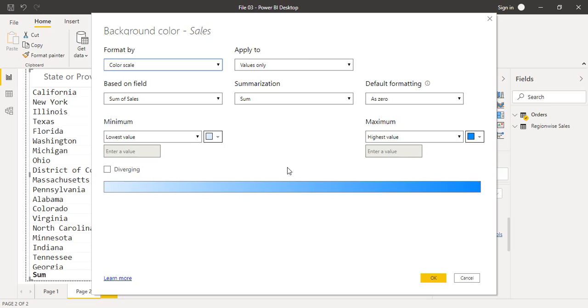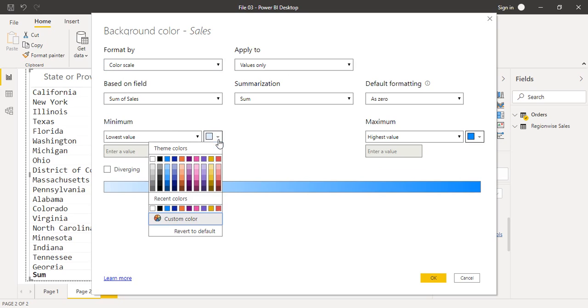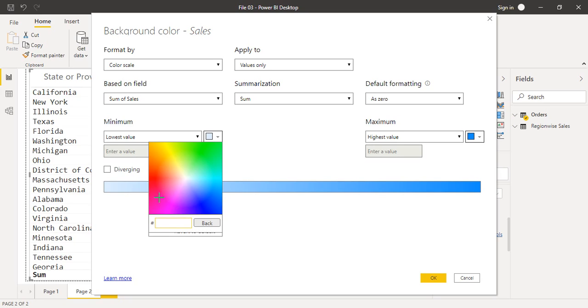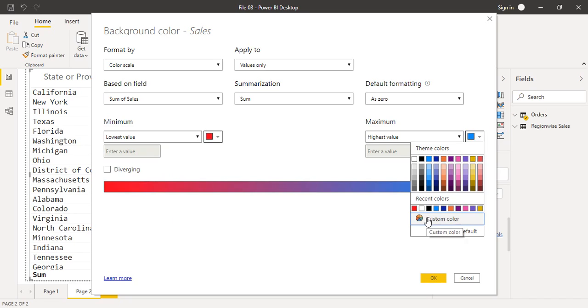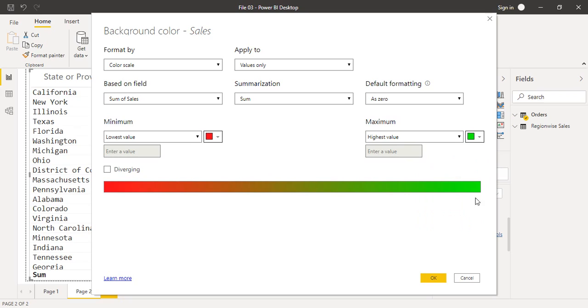The thing we are going to focus on right now is this value. The minimum, which means the lowest value, would be shaded by this shade of blue. But suppose you want some other color, like a shade of red. I can just go to custom color and get a shade of red. And for the highest value, instead of blue, I want a shade of green, so I again go to custom color and select a shade of green.